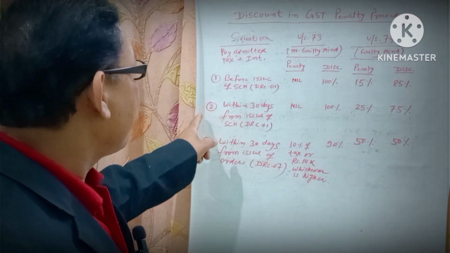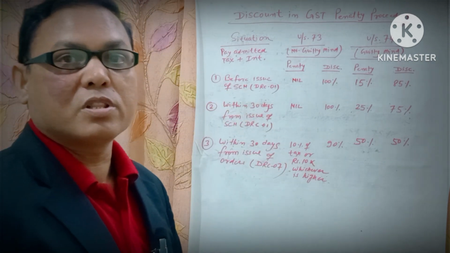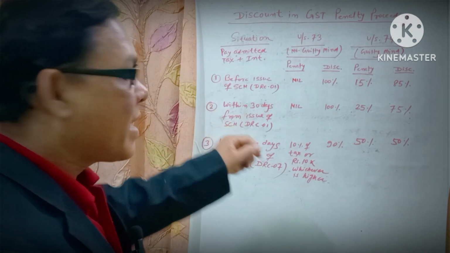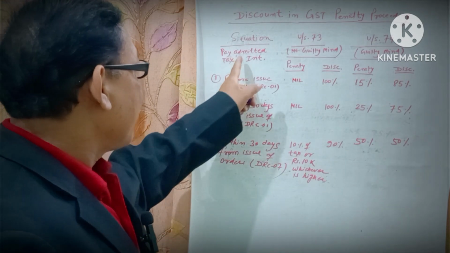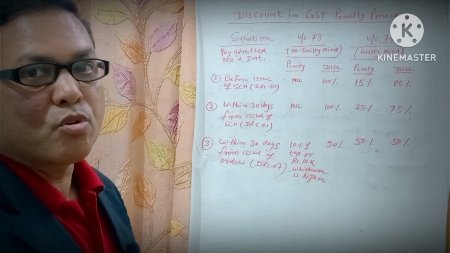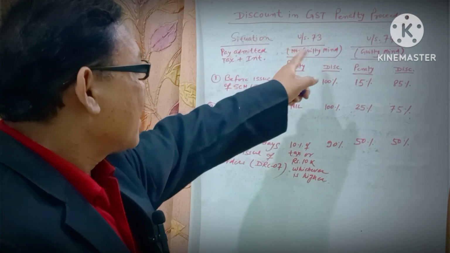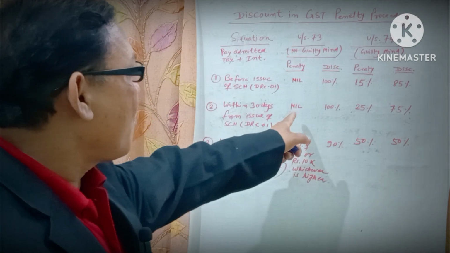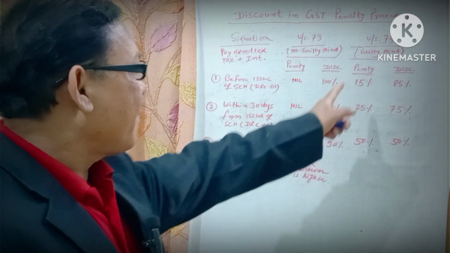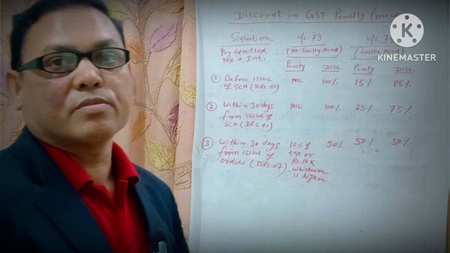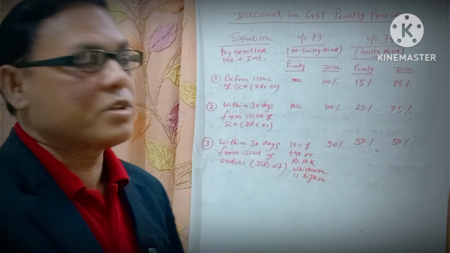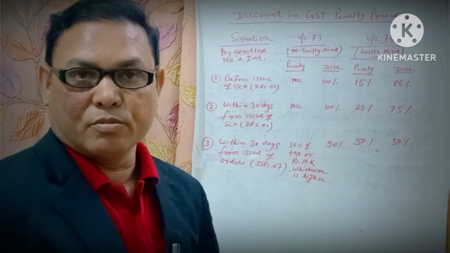Now come to situation number 2. If anyone fails to deposit the amount of admitted tax before issue of DRC01, then there is a second opportunity. That is, if admitted tax and interest is paid within 30 days from the issue of DRC01, the so-called notice, then in a section 73 case there is also no penalty, that means 100% discount of penalty is availed. But if it is covered under section 74, where the taxpayer is of guilty mind, then 25% penalty is to be deposited, 75% is discount.